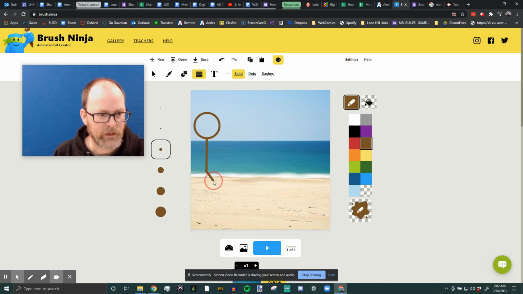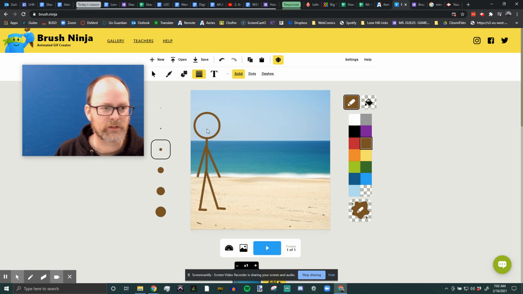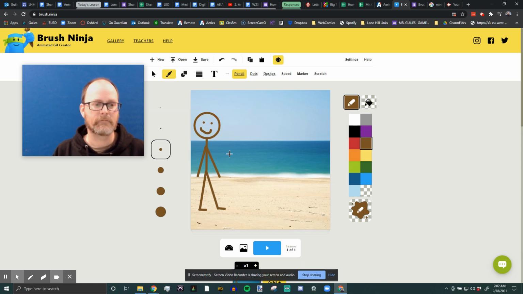And I'm going to draw a leg. I'm just going to draw it all the way to the ground. And a foot. Start another leg. And a foot. And some arms that I'm just going to put down by the side here. Now, I could spend more time and make a much more interesting, detailed character. For now, I'm just going to keep it simple. Draw a smiley face. Boink, boink. There we go. All right, so there's my character.